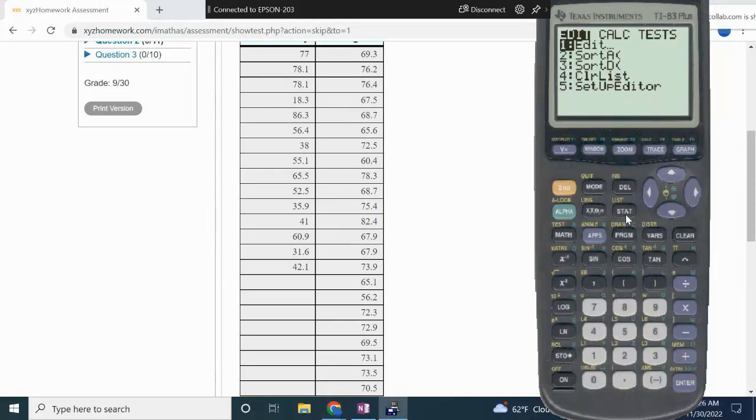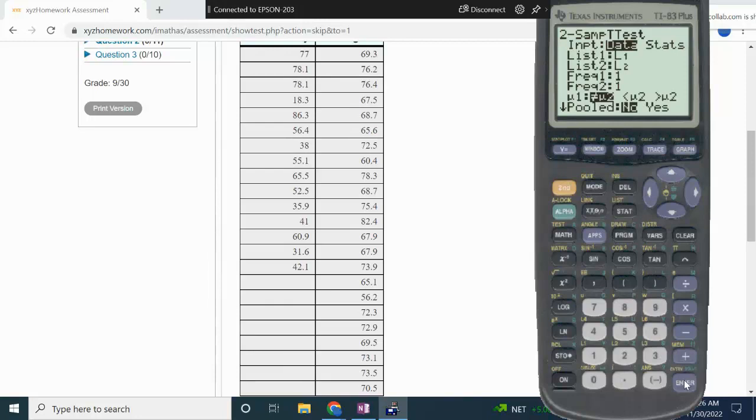I'm going to go back into stat. I'm going to scroll over to test and scroll down to 2 sample t-test, right? And I'm going to hit enter. All right. So now we're going to use this data because we have the data in the list. So if I were to go over to data and highlight that,